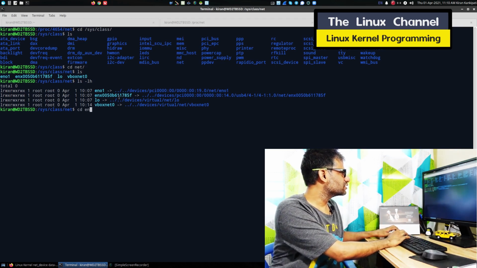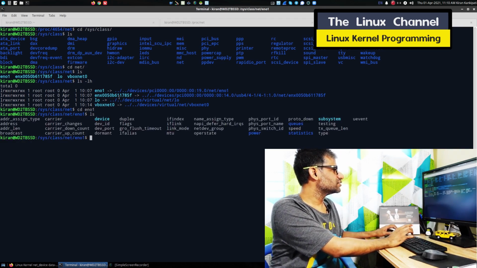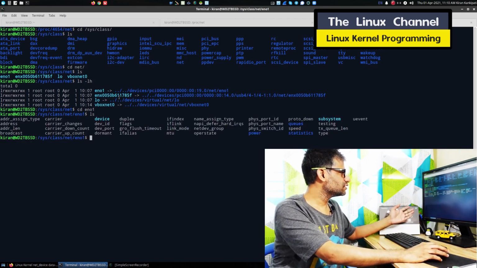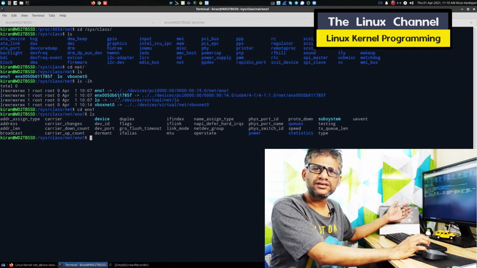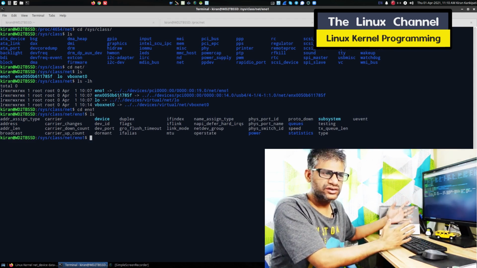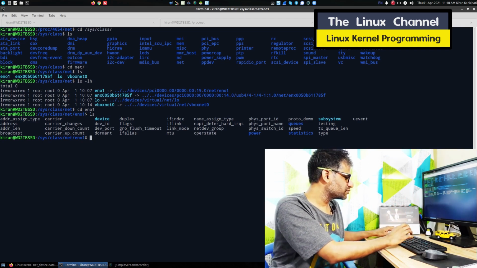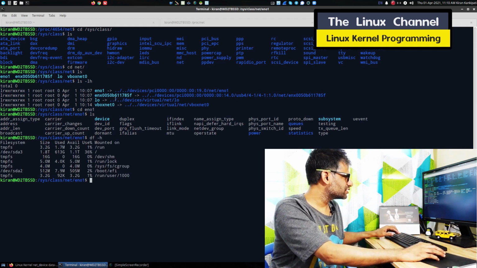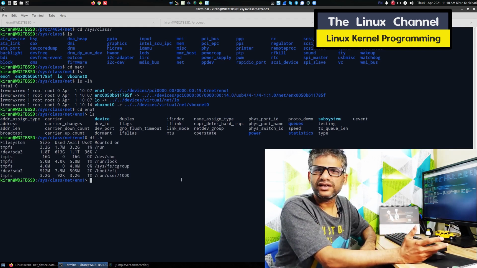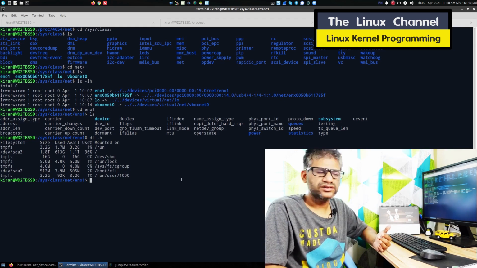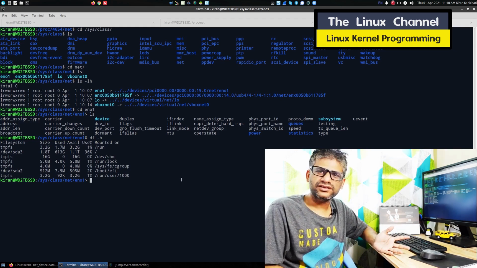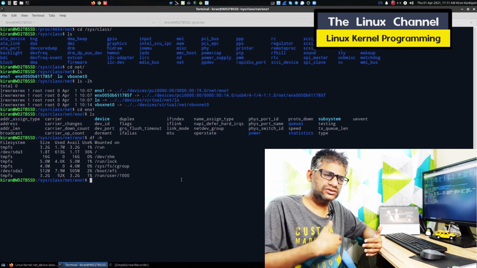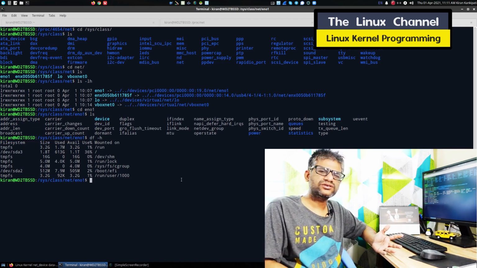So we can go to this ENO1, and if you do ls, you get various files. Again, sysfs is just like proc, it's a RAM mounted file system. I hope in df or somewhere you are able to see it. Yeah, you can see sysfs there. It is again a RAM mounted, pseudo file system just like proc, and the kernel uses it to expose or interact with user space through sysfs as well.